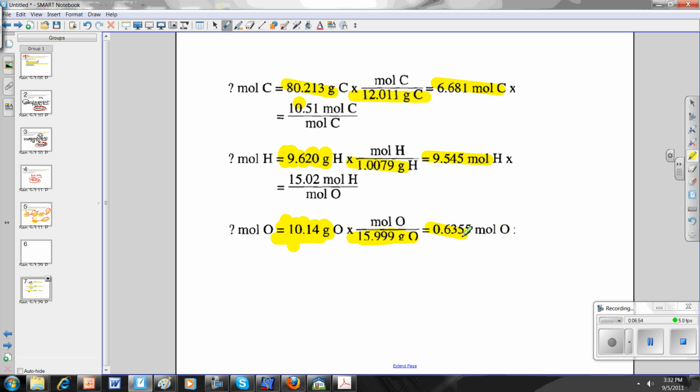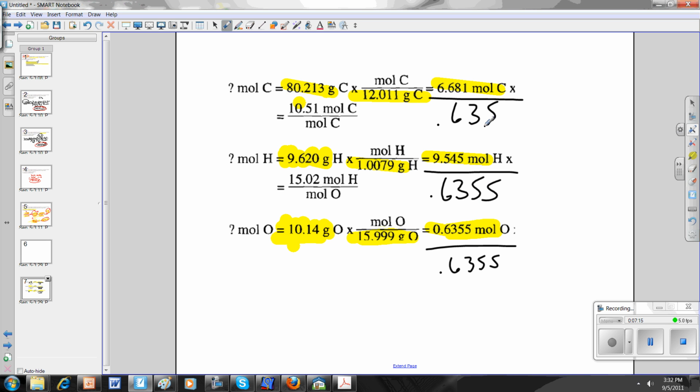Remember, the first step in an empirical formula after changing percent to grams is to divide by the molar value from the periodic table. So I get the number of moles. My next step is I divide by the smallest number of moles. Well, obviously 0.6355 is my smallest number of moles. So I'm going to divide by 0.6355 into each of these. What I'm going to be left with is going to end up with this,